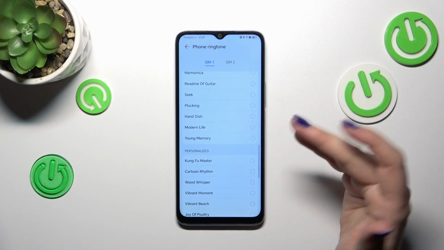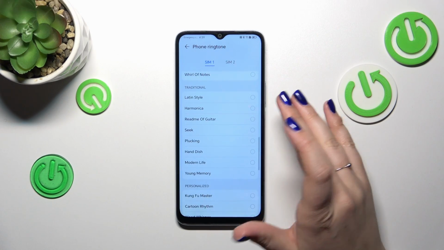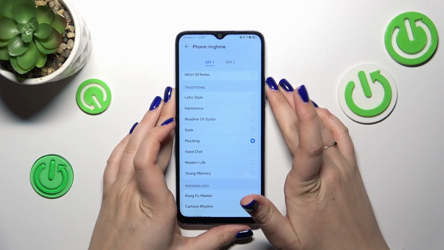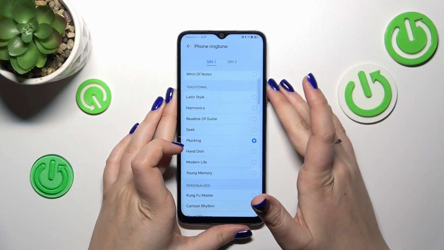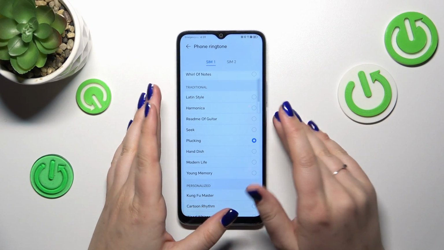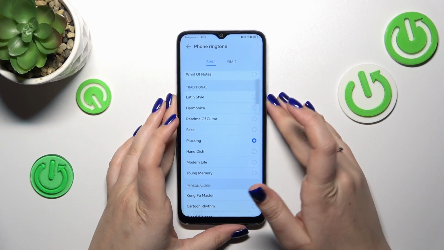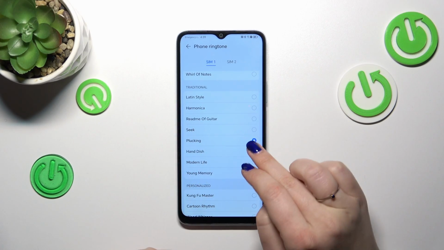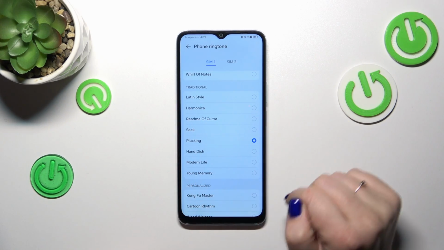So in order to listen how the particular ringtone sounds, you have to simply tap on it. So just tap on it and okay, as you can see, we can hear the ringtone, so you can decide whether you like it or not. And after choosing the particular ringtone, make sure that it is marked, like in my case this plucking, and